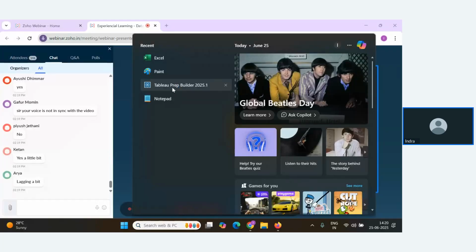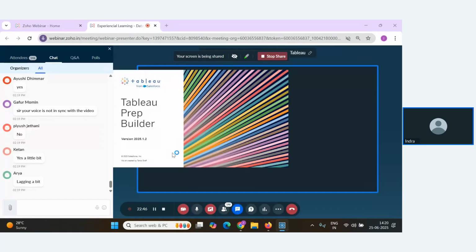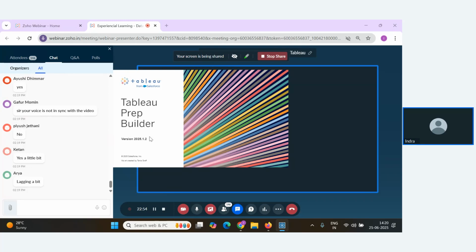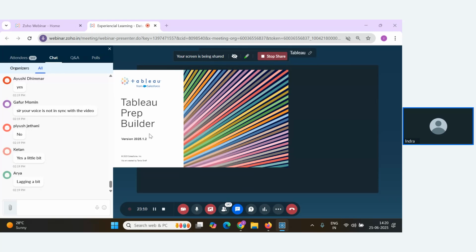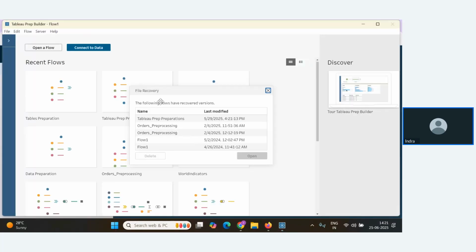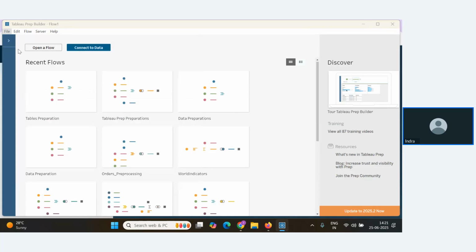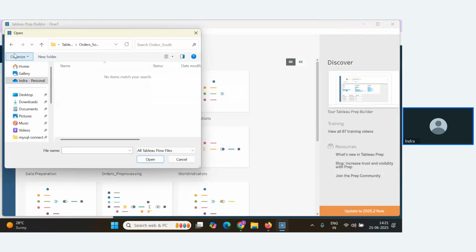Let's go and open the Tableau Prep Builder. In the last session, let me go to File and click on Open, and I will open the previous file which I have saved.